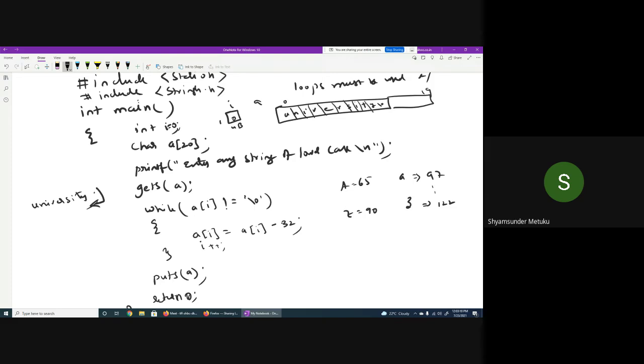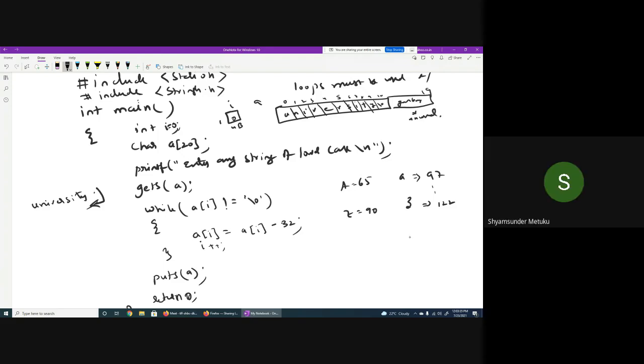Yes or no? Maybe 0, 1, 2, 3, 4, 5, 6, 7, 8, 9, 10. So the length of university is 9, including null it will be 10 characters. This is what is going to be updated in the array of characters. The remaining 10 characters will be garbage or unused. Anything is okay. Then I'm going into the while loop.